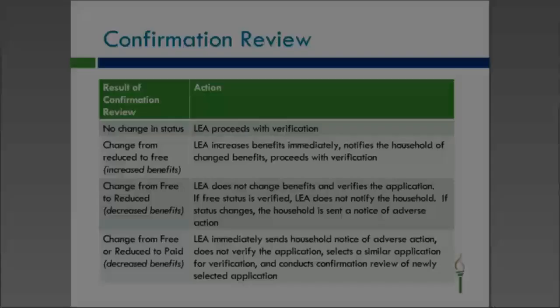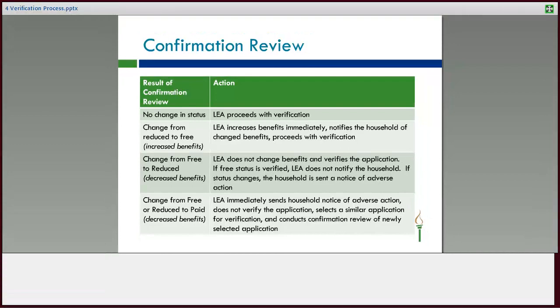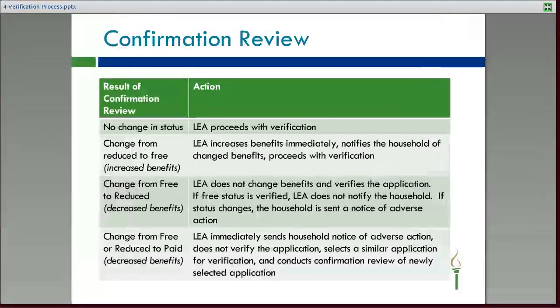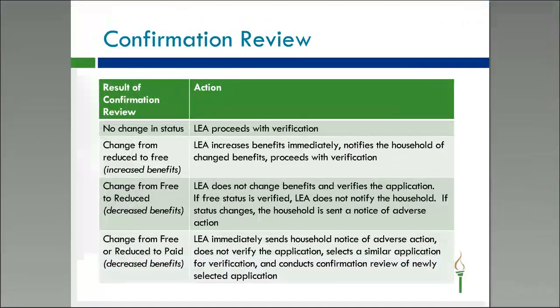In the eligibility manual, it tells you what to do if the confirmation review finds that the original determination was incorrect. So that's what this chart here shows. The main difference is that if the application was originally supposed to be denied, then you would remove their benefits and not verify that application, since if they were supposed to be denied in the first place, they shouldn't be subject to verification. So if you find that, you would need to select a different application to replace it, and